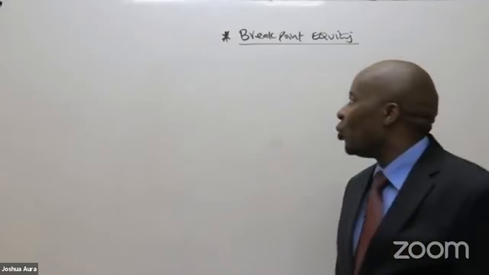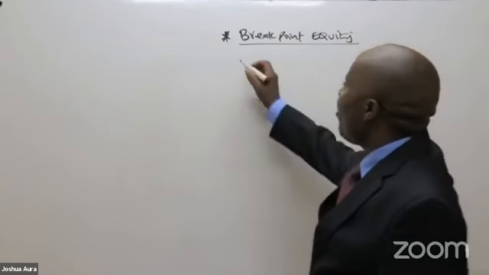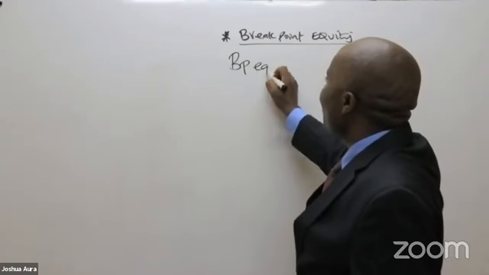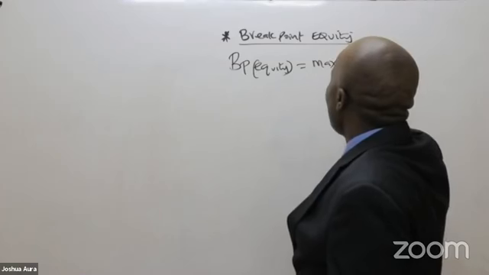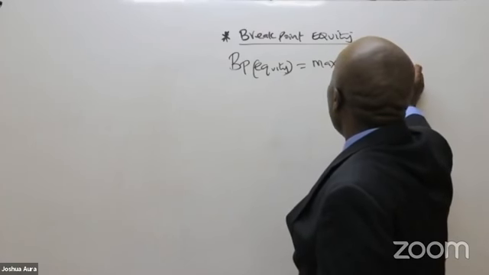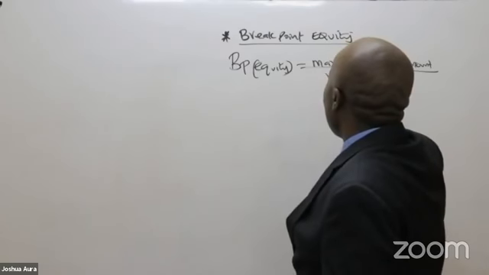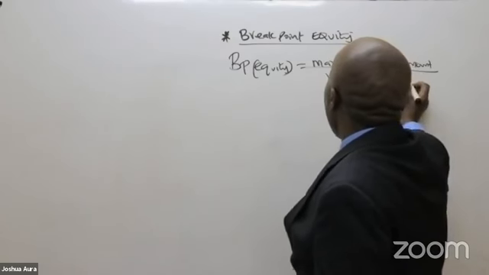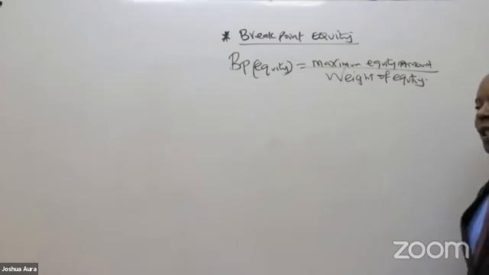Now we can continue. So they want us to give them the break point. So how do we get this break point? Break point of equity, ladies and gentlemen, will take the maximum equity amount available. We divide this by the weight of equity. So to get break point, BP stands for break point, we shall take the maximum equity amount divided by the